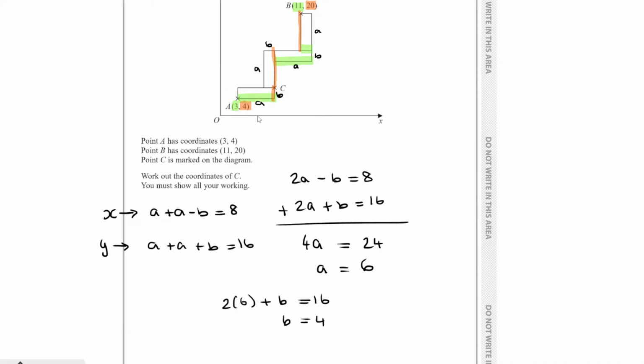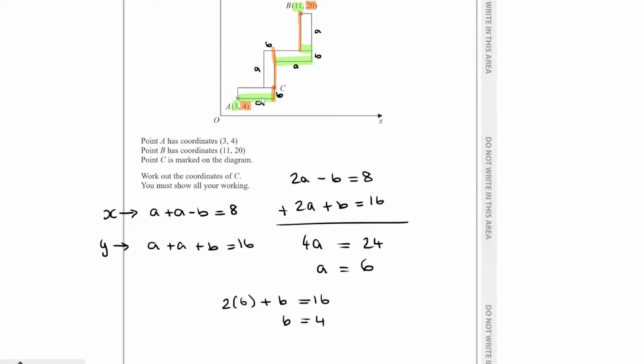So I've got A and B. Remember that I labelled A as the long side and B as the short side, so just remember what those relate to. You might have used different letters than I did, that's fine. The only thing now is we need to work out the actual coordinates of C. 6 and 4 are not the coordinates, are they? They're just the distances. So for C, I started from A